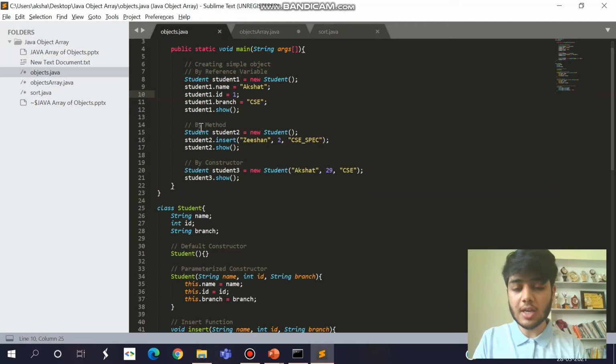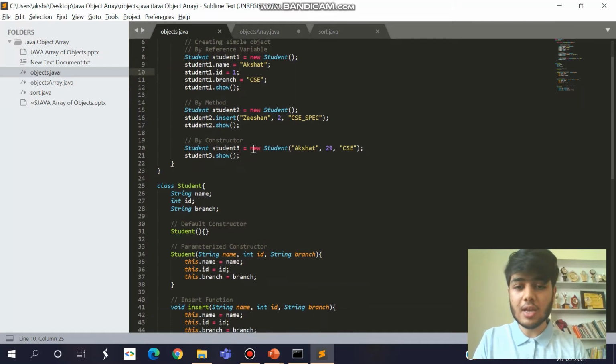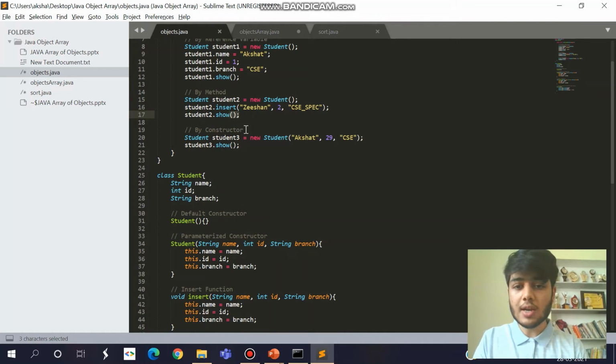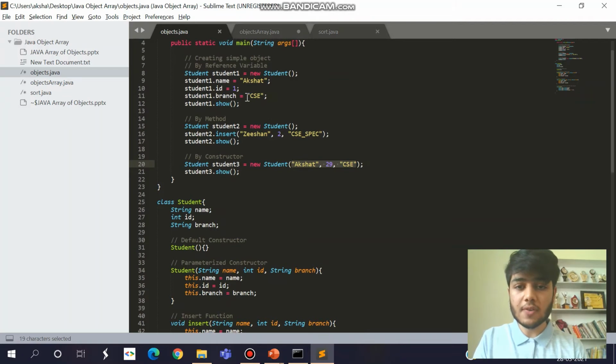After that I'm going to initialize an object by using a method. Here I'm creating another Student object, student2, and I am using the insert method to insert these values in the class, and then using show. And in the last I'm using the parameterized constructor with all these values, which will automatically initialize my class with all these values. I don't have to use the reference variable or an insert function.